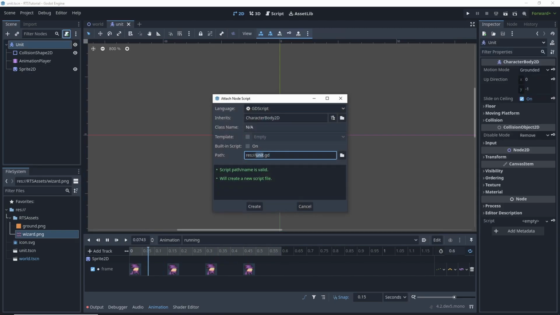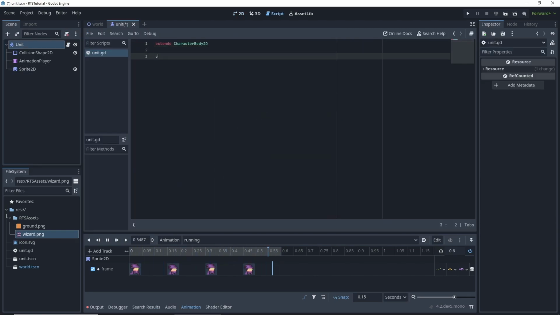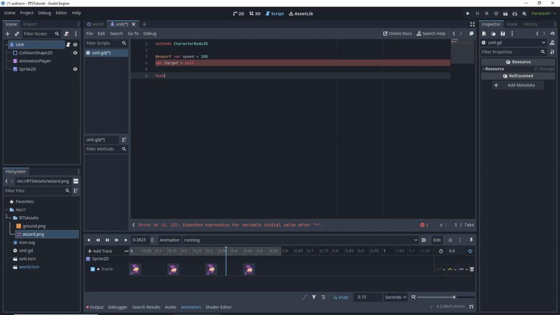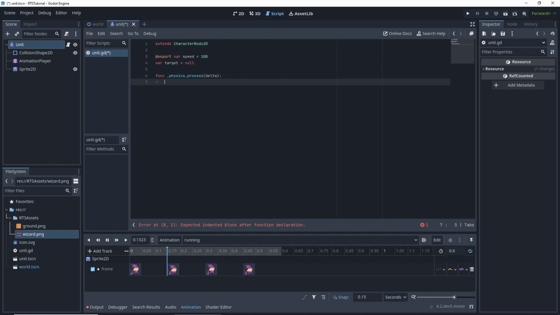Awesome. Let's add a script for our unit. We have a var, and we're going to make this exportable. Var speed is equal to 100. All right, as well as var target is equal to null for now. And then func _physics_process. And we want to move towards where we click. So we'll do pass for now